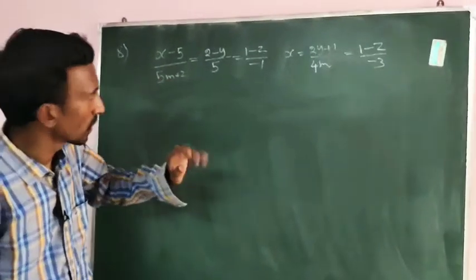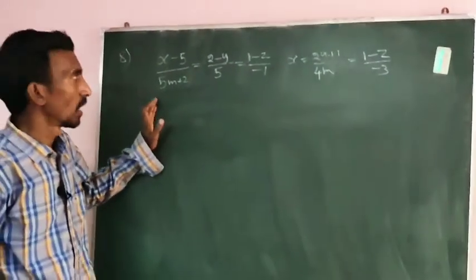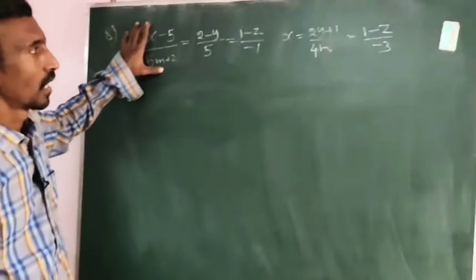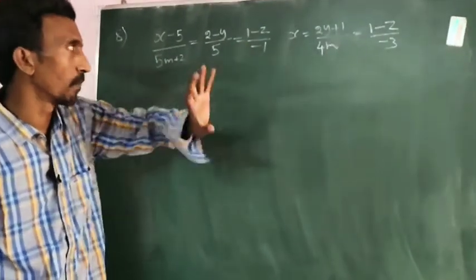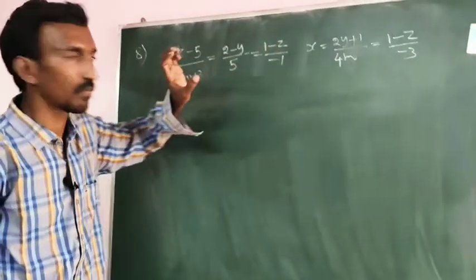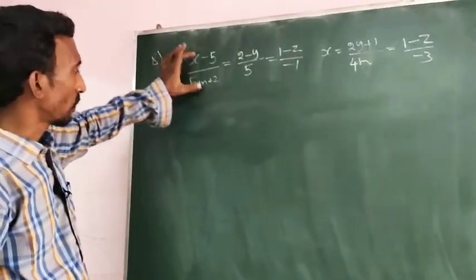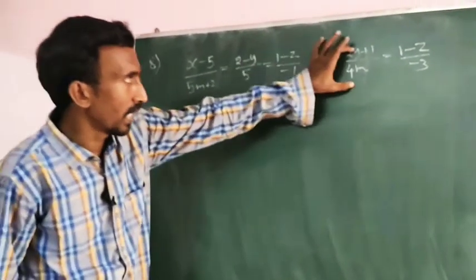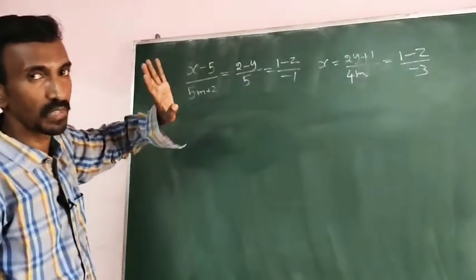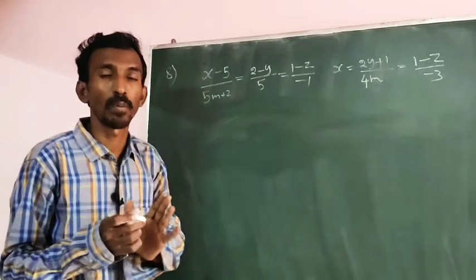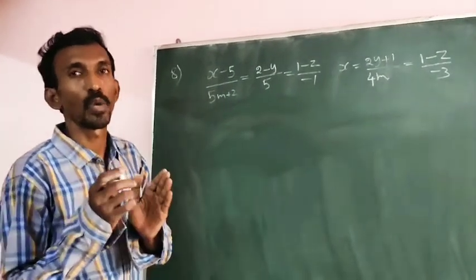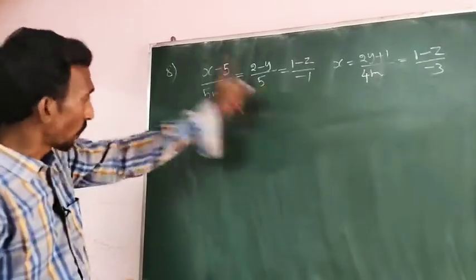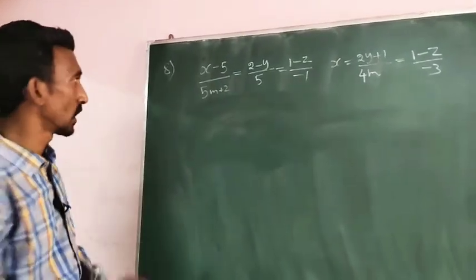Exercise 6.4, question number 8. The question is, if the two straight lines are perpendicular to each other, then find the value of m. Both are given in the Cartesian form. Look at the first one. First term no problem, but the second and third terms are not in the general form. The general form is (x minus x1) by b1 equal to (y minus y1) by b2 equal to (z minus z1) by b3. So first rewrite the given equation into the general form.